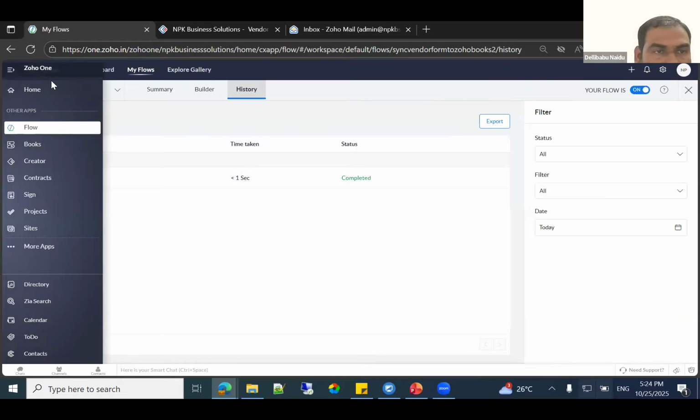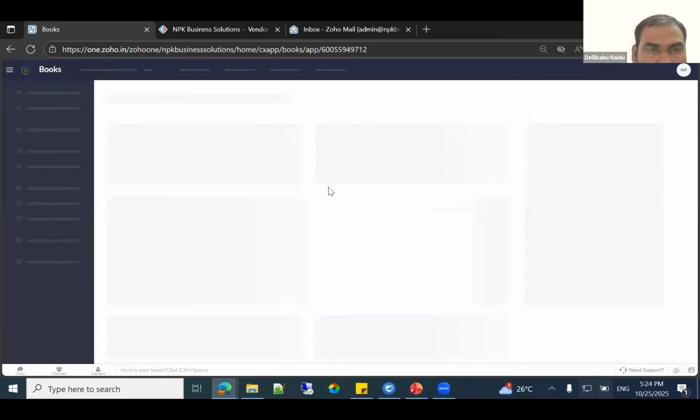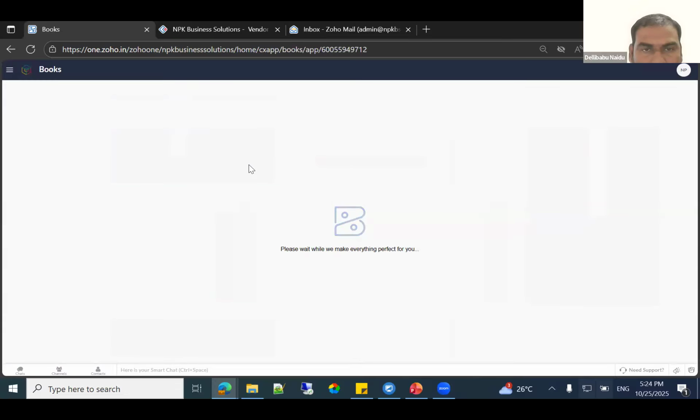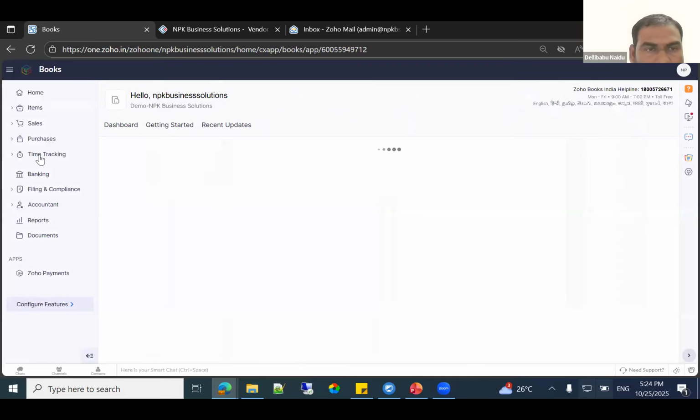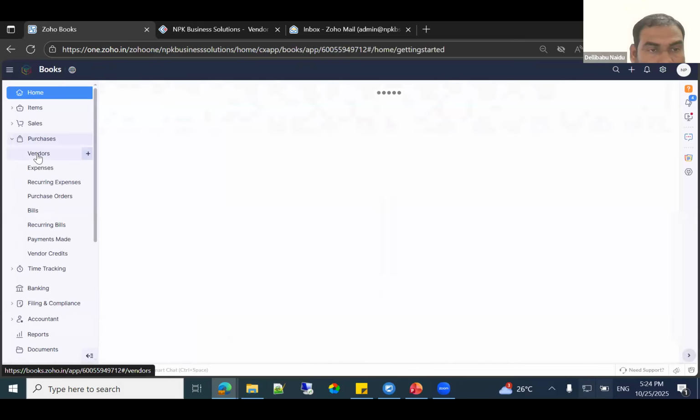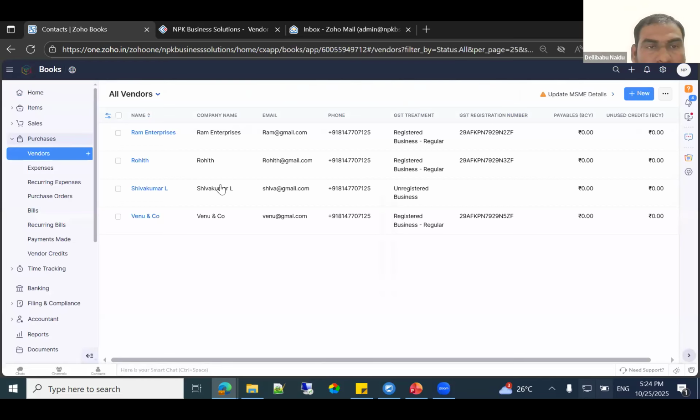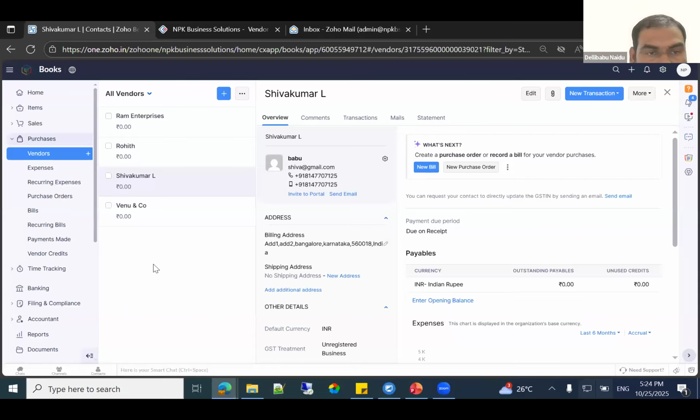Anyhow, we'll jump into Zoho Books and I'll show you whether it came or not. See, Sivakumar S. Sivakumar L. The vendor detail has been created in Zoho Books.